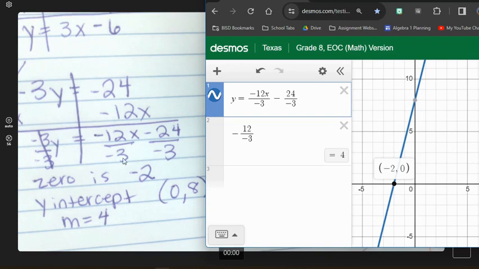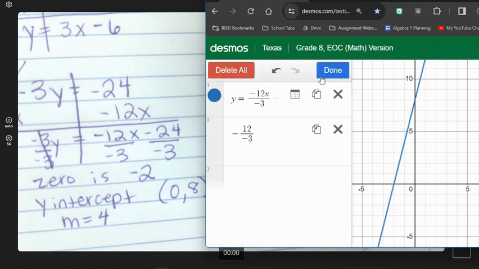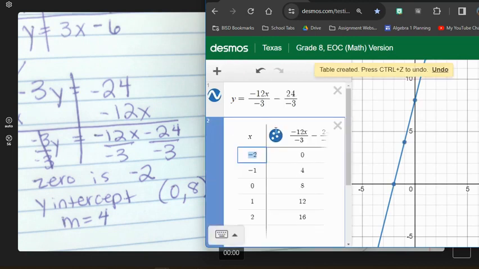Okay, so today you're going to do a card sort where you are going to find the graph to match a table. To do the table, on Desmos, everybody go to their equation that we have here. Click this settings, the little spinny wheel, and click create table. There is a table that you can use. If you need specific numbers, you can change the X value. You can't change the Y value. The only way you change the Y value is by changing the X